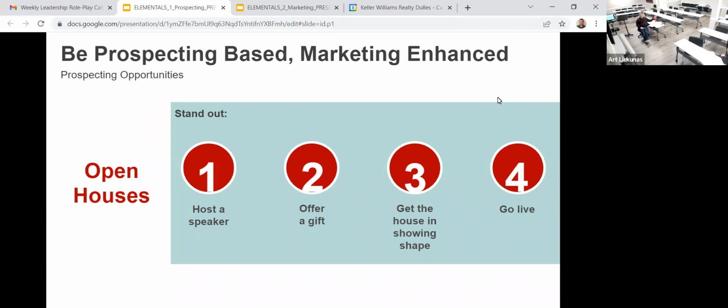You want to make sure, of course, the house is in showing shape, that you don't have junk lying all around and everything's good. It's a welcoming home as you're in the open. And then, of course, go live. Bring your social media, engage them as you're doing it as well. That's a requirement